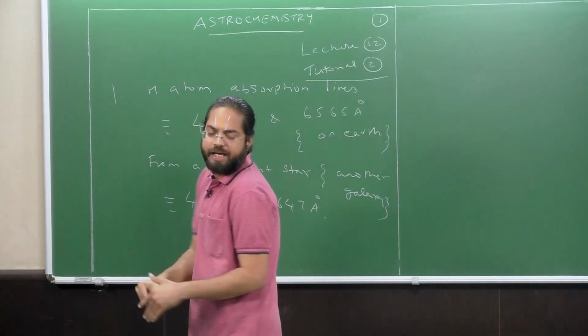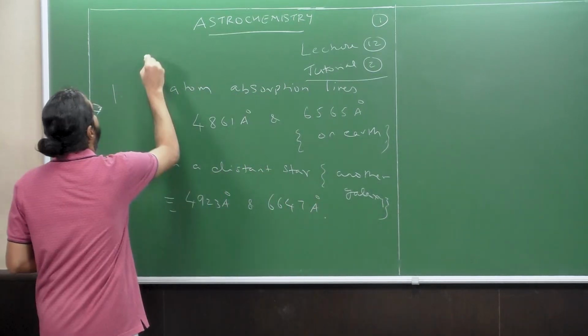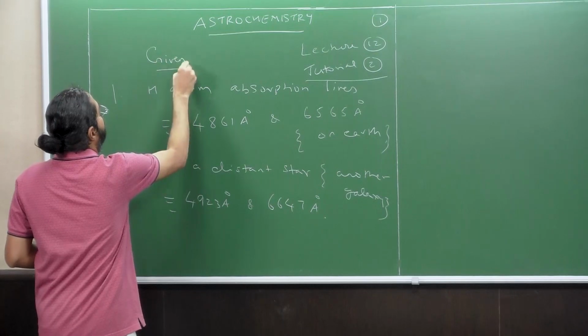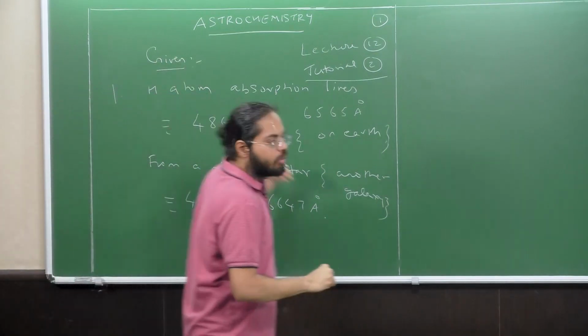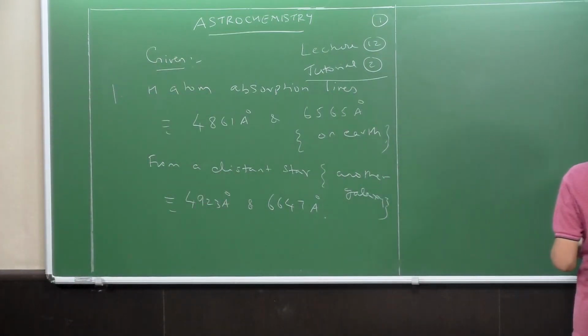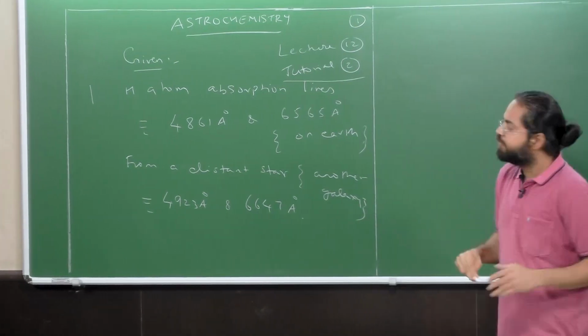Okay, so this is the data given to you. This is given, right? So based on what is given to you, the questions are: A,